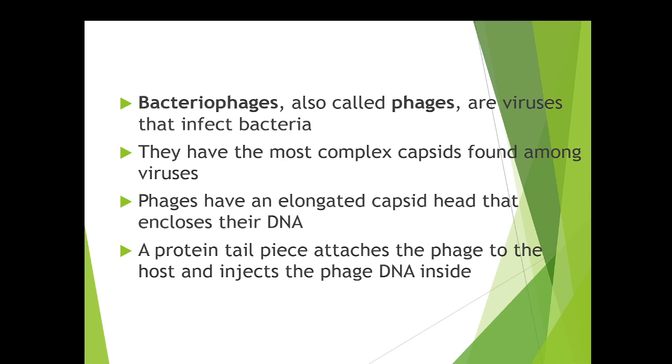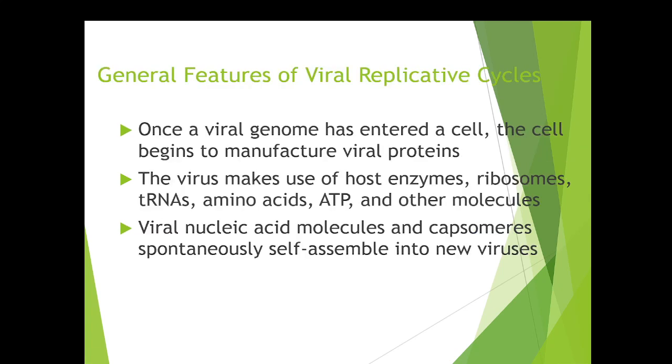Now, once a bacteriophage gets its nucleic acid into the host, that's when the viral genome is going to take over and start manufacturing viral proteins. So the virus actually uses host enzymes, host ribosomes, tRNAs, amino acids, the host ATP, all the different mechanical systems that are inside the cell. The virus hijacks that. And that's one of the reasons that we previously talked about host range and how viruses can have a pretty narrow host range sometimes because they need to be able to have the cell make their